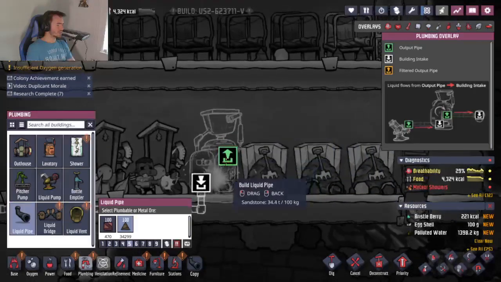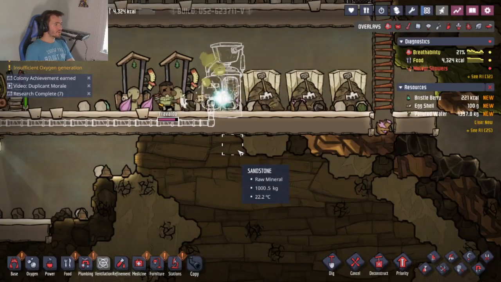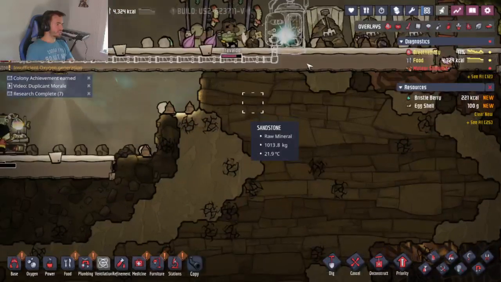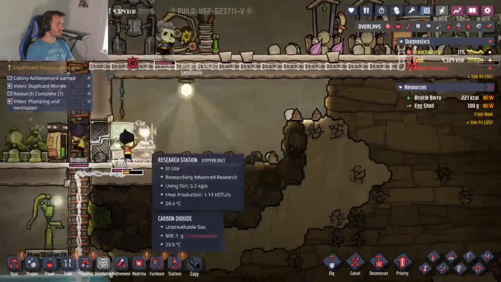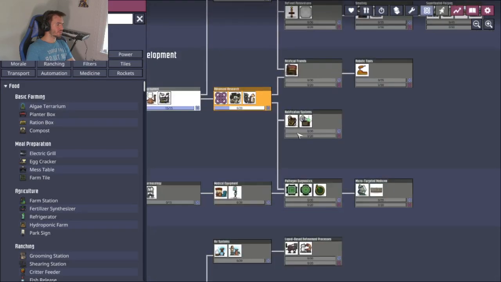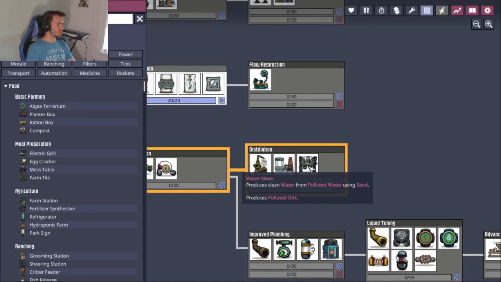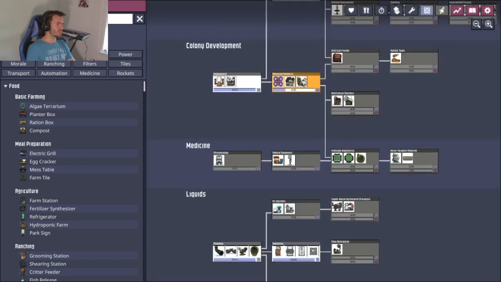And now I need to think about where to store the polluted water. Either I have a storage for that, or I need to filter it immediately, without having any storage. So let's see how far away we are from filtering polluted water. There it is, water sieve. We definitely need that one. So this will be the next thing after we're finished with the